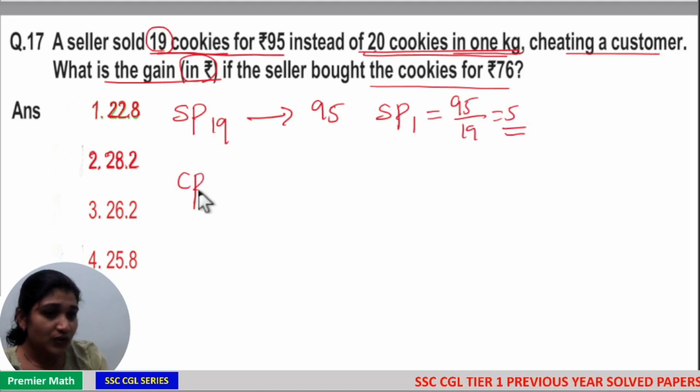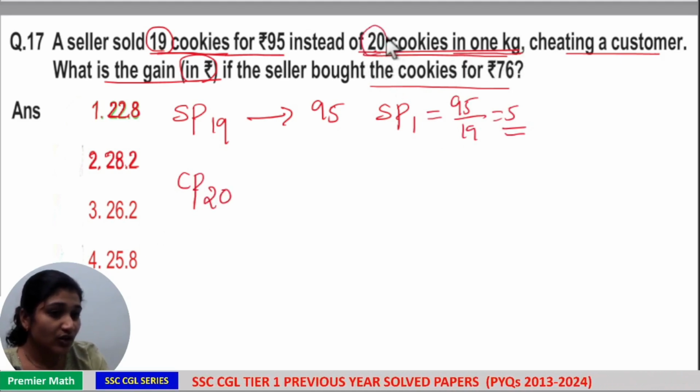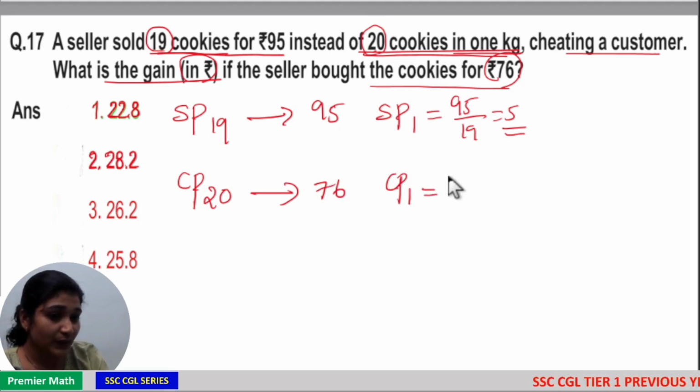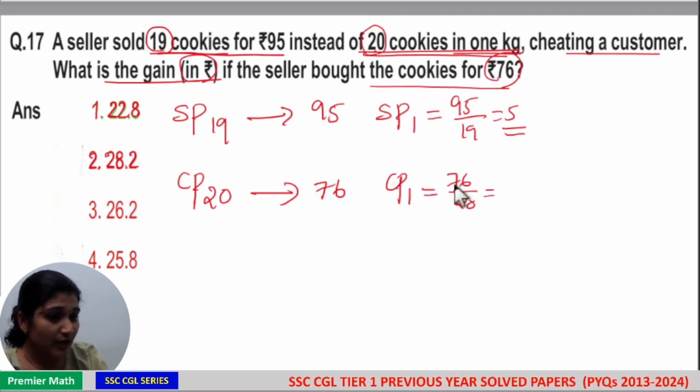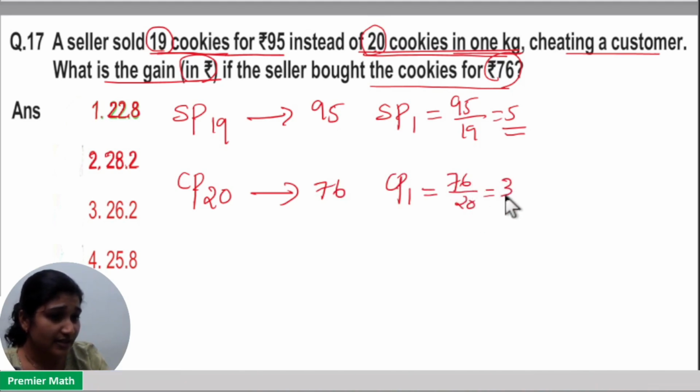Now, cost price of 20 cookies. He bought 1 kilogram and in 1 kilogram total 20 cookies. Cost price of 20 cookies is 76 rupees. Now cost price of 1 cookie is equal to 76 by 20, which is 76 by 2 is 38, 38 by 10 is 3.8. Now you can see